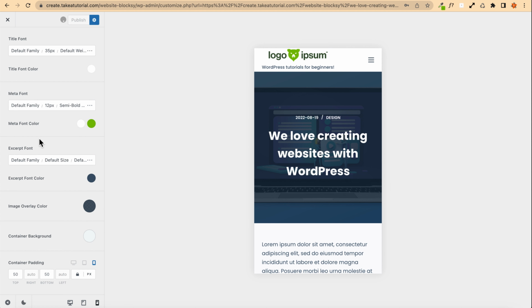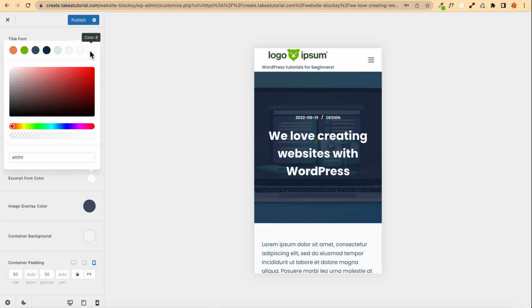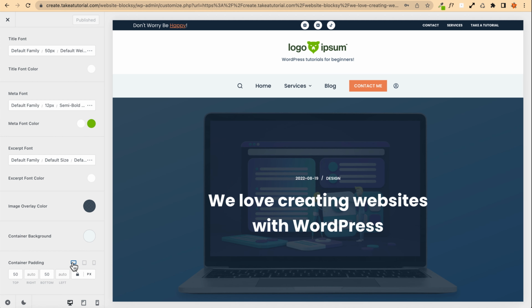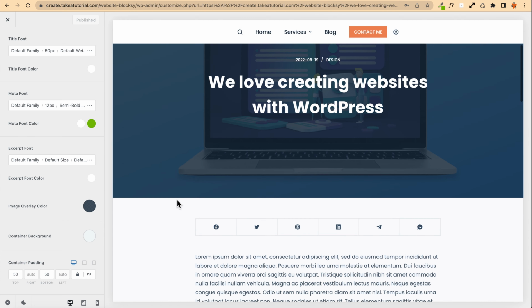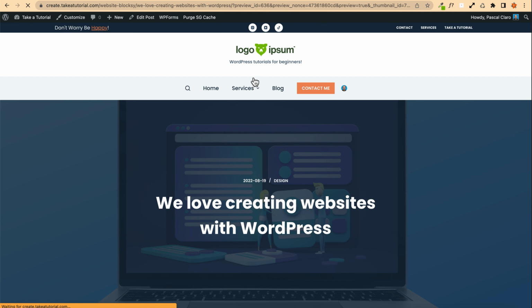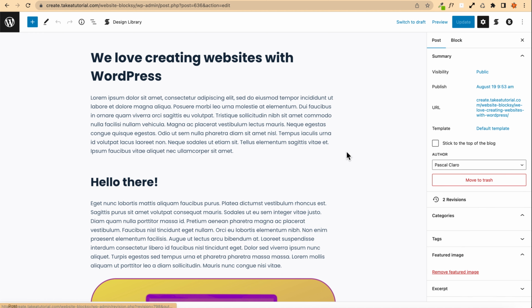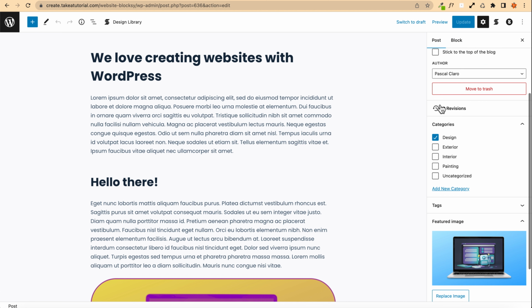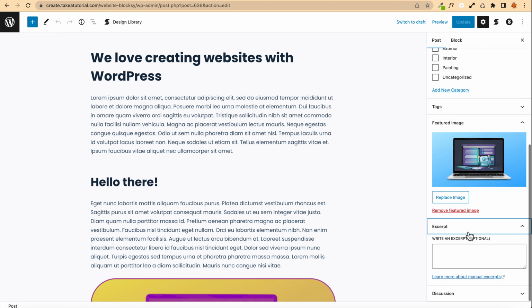So I can publish my changes, and I can also use an excerpt color, which will be great if it will be white. Publish. Let's go again under desktop mode. Okay, that's great. And we can go now on the X upper left side of the page, go back under edit post. And one other thing which is very important in order to manage a blog well, is to add a summary to our blog post. We can go to excerpt here, not summary but excerpt in this case, and you can add here a short